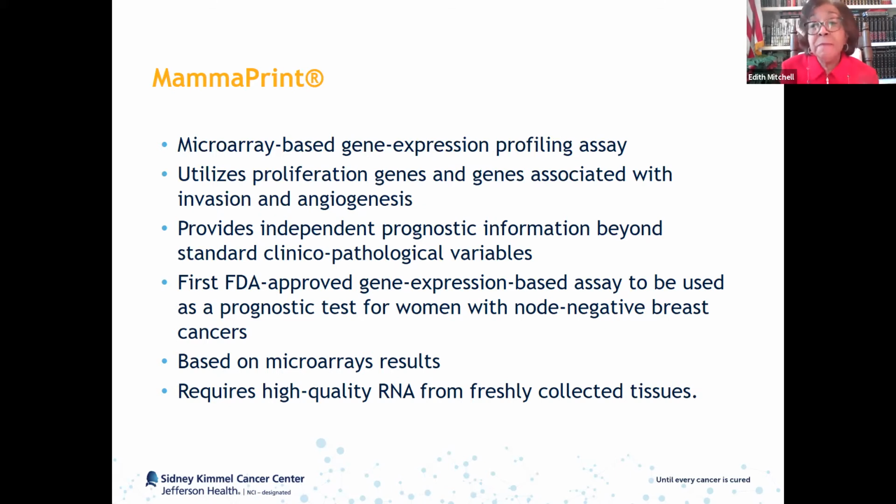There is also the MammaPrint, and the MammaPrint is a microarray based gene expression profiling assay. It utilizes proliferating genes and genes associated with invasion and angiogenesis. It will provide an independent view and prognostic information beyond the standard clinical pathologic variables. It is the first FDA approved gene expression based assay to be used as a prognostic test for women with